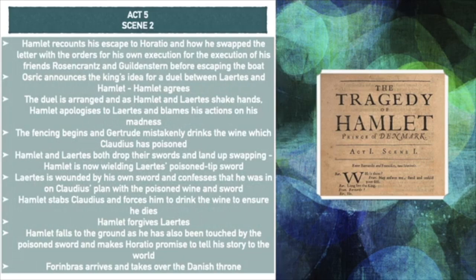Act 5, Scene 2, Hamlet recounts his story of his escape to Horatio, and he tells how he actually swapped the letters. He found the letter that Claudius had given Rosencrantz and Guildenstern, which had ordered his own execution, and he had changed the letter to now order Rosencrantz and Guildenstern's execution by the King of England. So in this example, this really shows us how